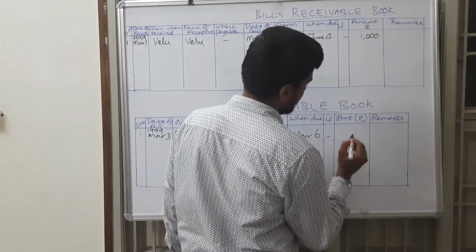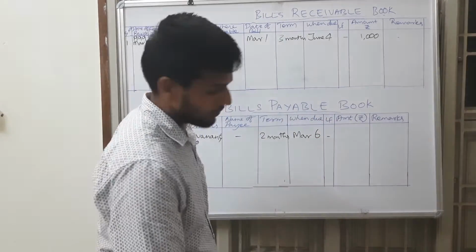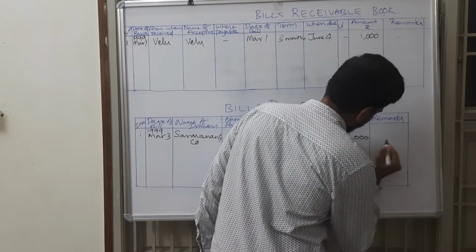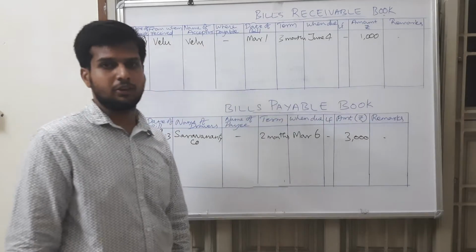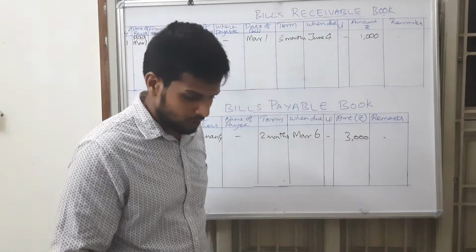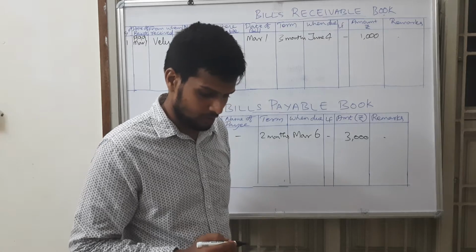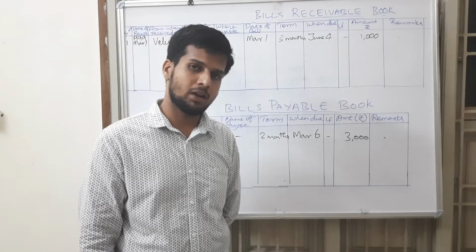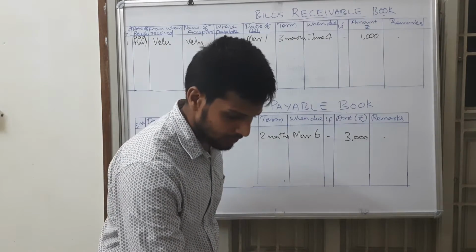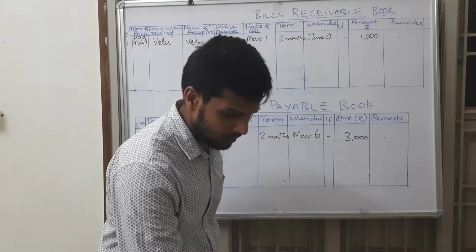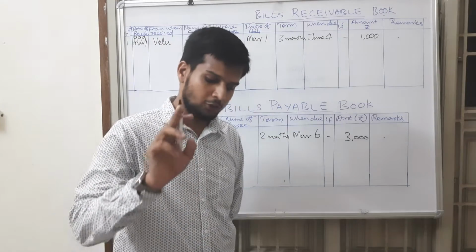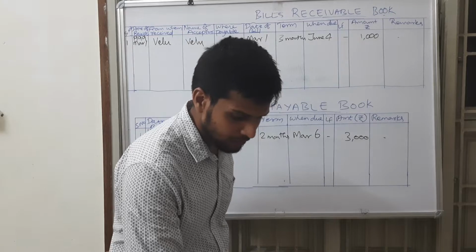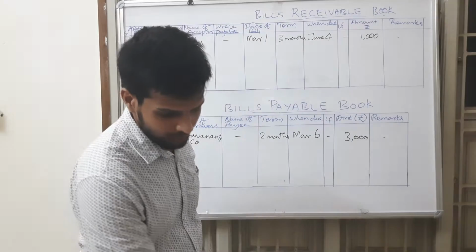Ledger folio? No. What is the amount of the bill? Worth of the bill is 3000. And there is no rebates. Next we move on to the third transaction. On March 8, a bill at 60 days drawn for rupees 1200 drawn by Sarathi and Sons was accepted